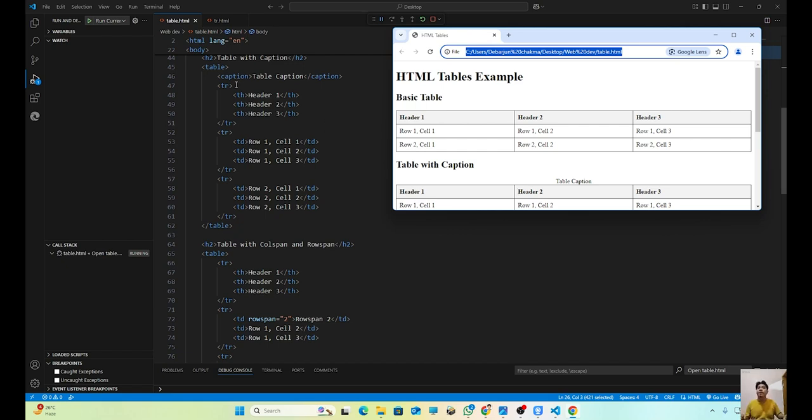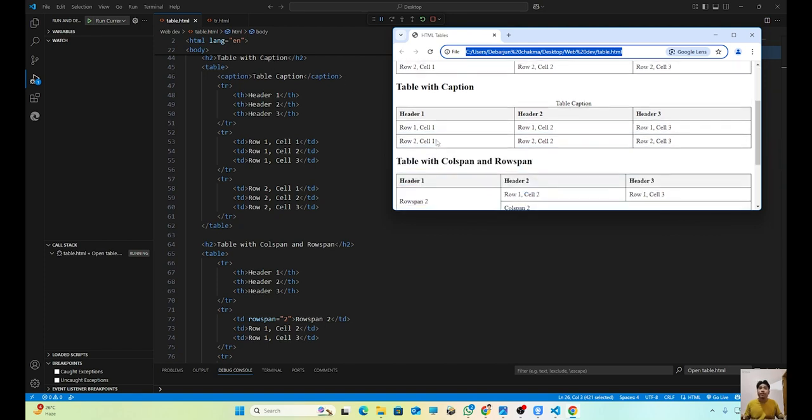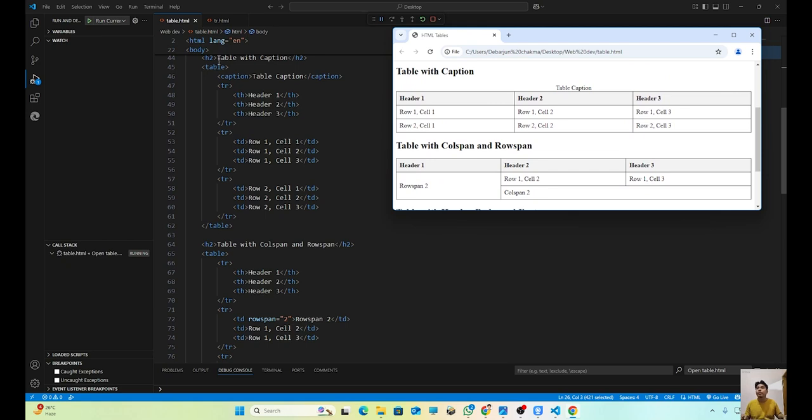So what is our next? Table with caption. We have our table with caption. You can see this. We have our table with caption. Inside the table with caption, we are using also